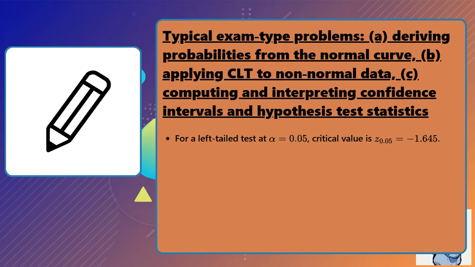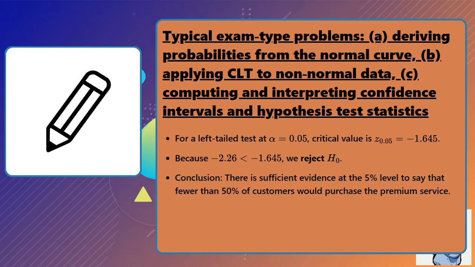For a left-tailed test at significance level 5%, the critical value is minus 1.645. Because minus 2.26 is less than minus 1.645, we reject the null hypothesis. Conclusion: there is sufficient evidence at the 5% level to say that fewer than 50% of customers would purchase the